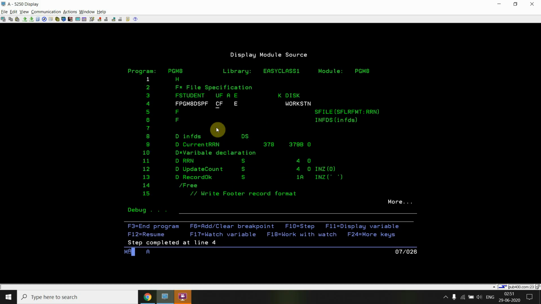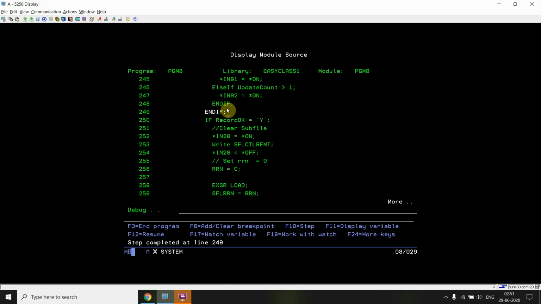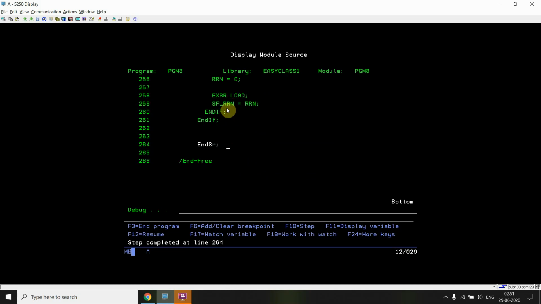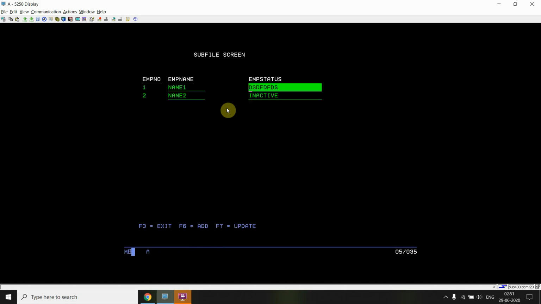It will update the subfile format and then it will read the changed record again. So there are no further changed records. If record is okay, no, record is not okay, so it will just skip those things and, you can say, it will display that field in reverse image and the cursor is positioned to this field now.